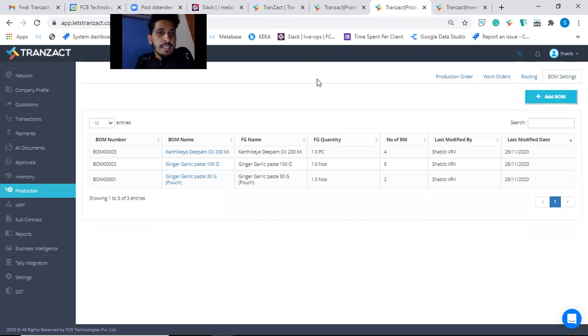Okay, so let's say now my stock has been ready. मेरे पास में प्रोडक्शन में आ गया है. Now the final quantity is ready with us. So the next thing is I will dispatch it through invoice, right? ठीक है, so to make the invoice against that order, we have to go to this transaction module. Let's say if I go to this transaction,